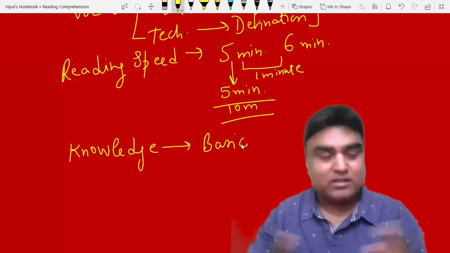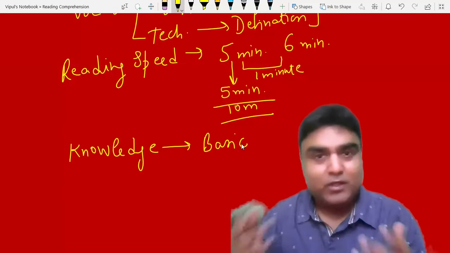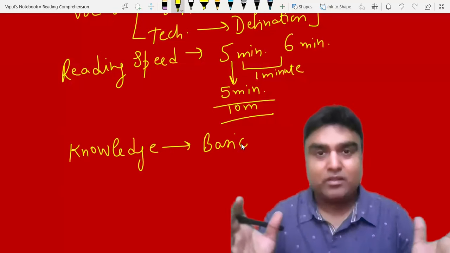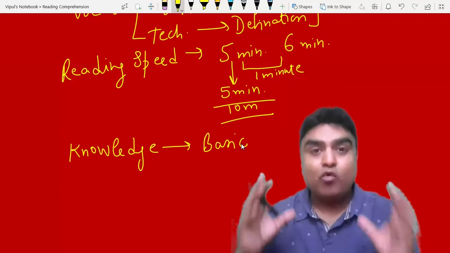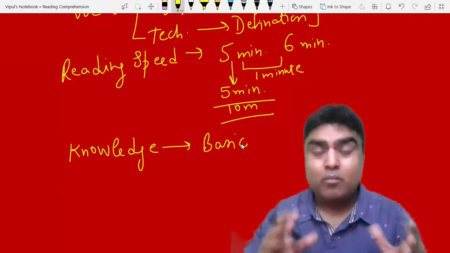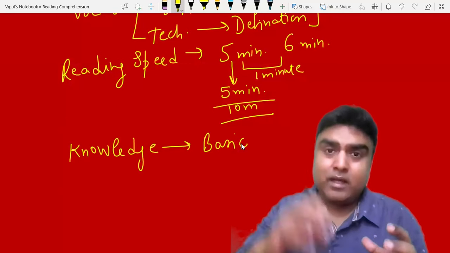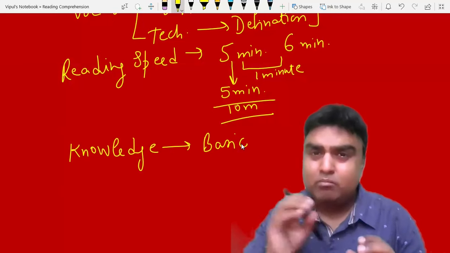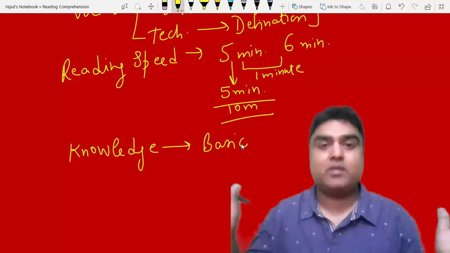or eco or any business studies and everything, you don't need to be a scholar in it, and please don't spend time reading each and everything. Rather have a very focused approach. तो आपको क्या करना है? Rather than having the full knowledge of any subject, you should be knowing the basic elements in every subject.